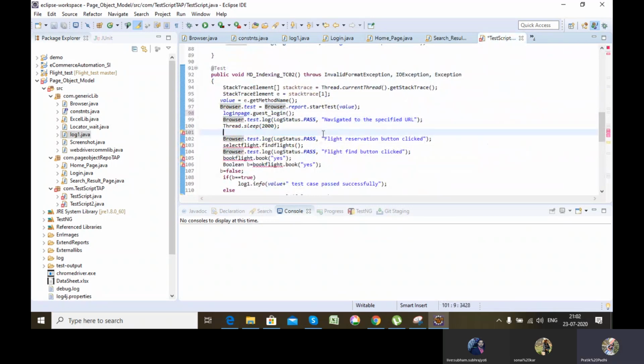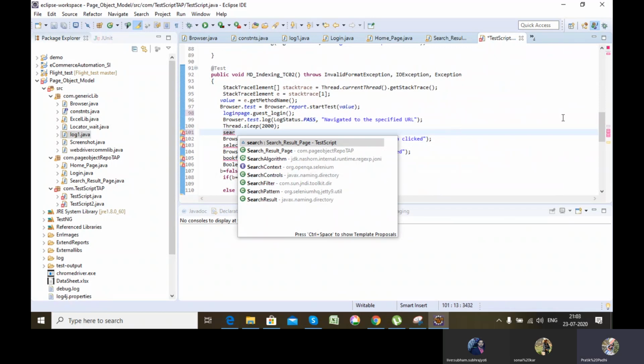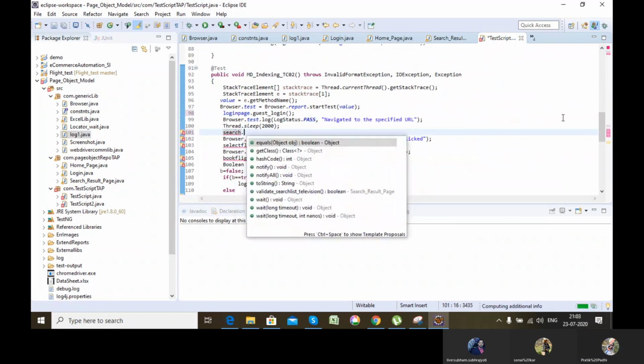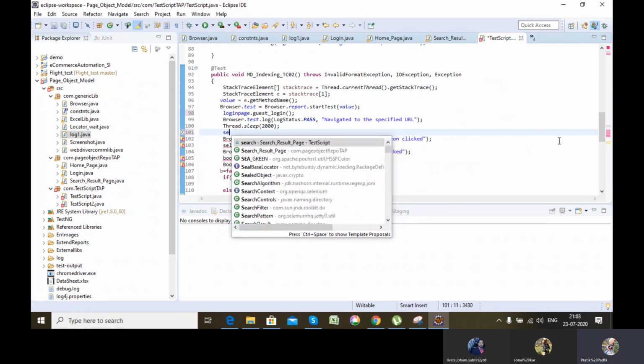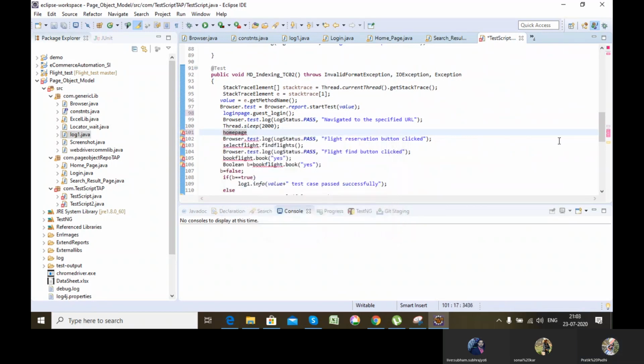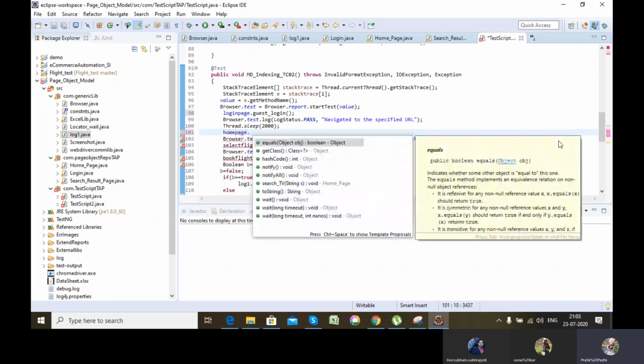Now my second thing is I'll be using the search. No, first I'll be creating the home page, dot search TV.